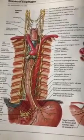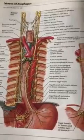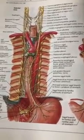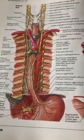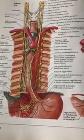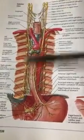It runs the gut. Anybody with constipation, you want to look at more than one issue. You want to look at how is their sympathetic and parasympathetic doing, and you want to know, of course, what is their food situation. So anyway, I wanted to leave you this morning with looking at the vagus nerve, because